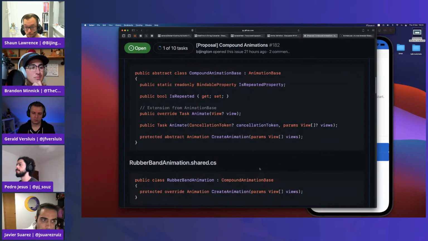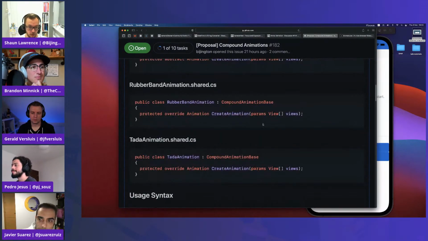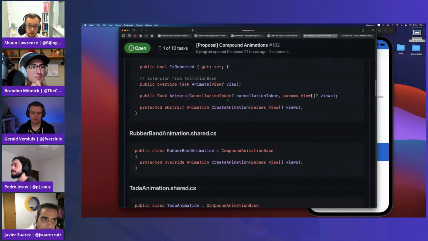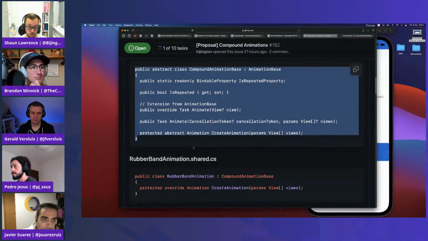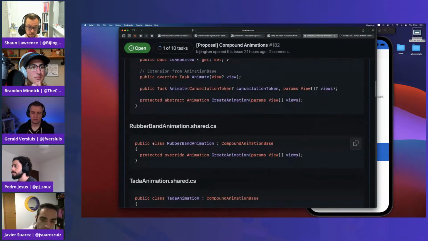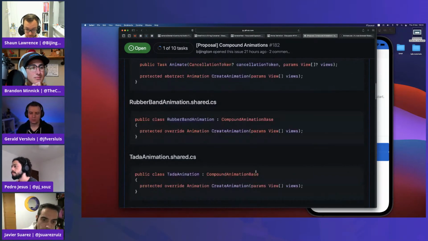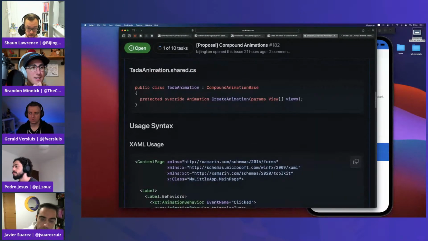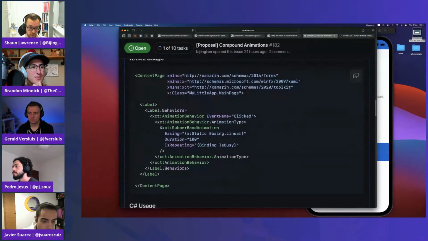And then obviously those could also then be contributed back to the toolkit if we wanted. Well, sorry, if they wanted to. And yeah, like I say, it's a relatively small API surface in the fact that we've got a base class and then ones that we would actually implement. Built it around to show how it's used within XAML.